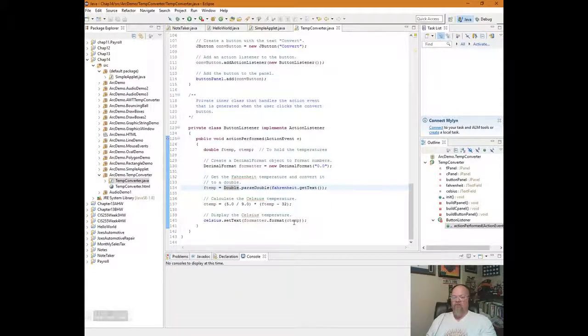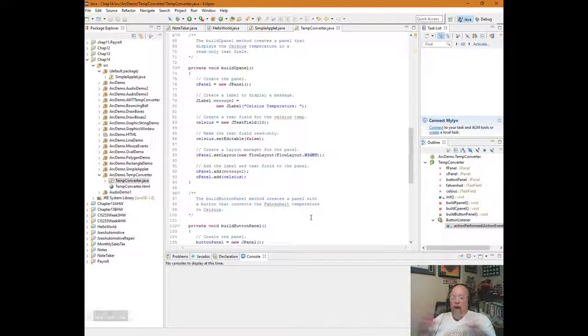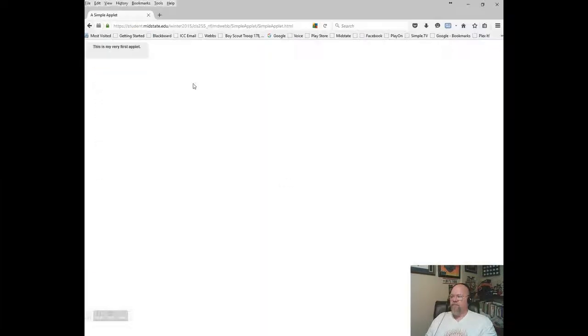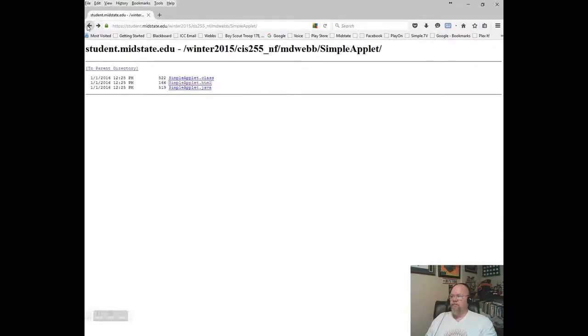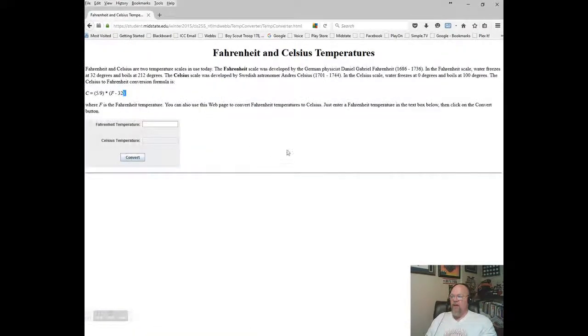And then I say Celsius, which is my Celsius text box, setText formatter, make sure we only have 1 decimal place, format C temp. Okay? So again, not much of a difference at all from chapter 13, except for the JApplet and the show. There is no show. Now if we take a look at the HTML,